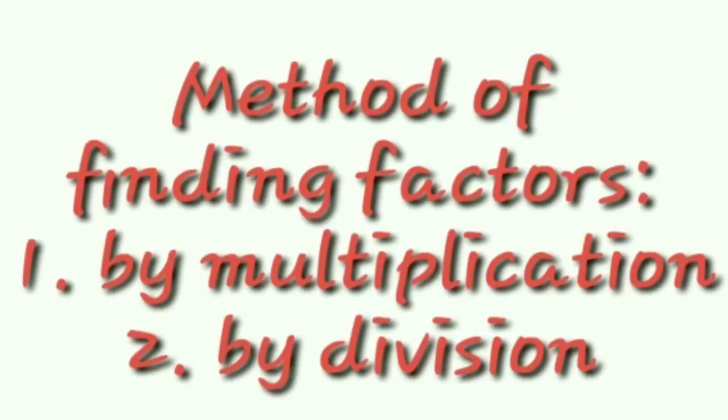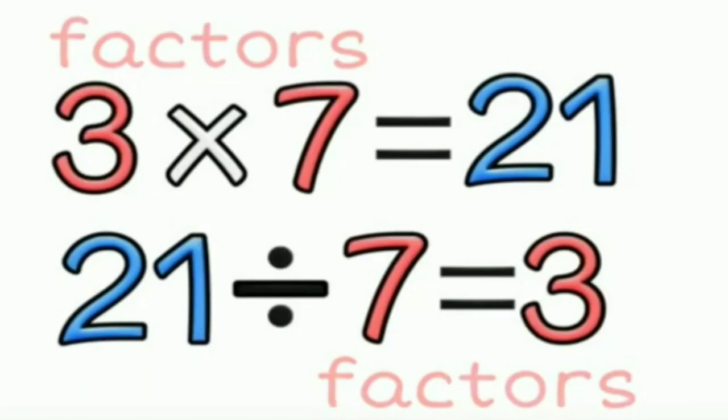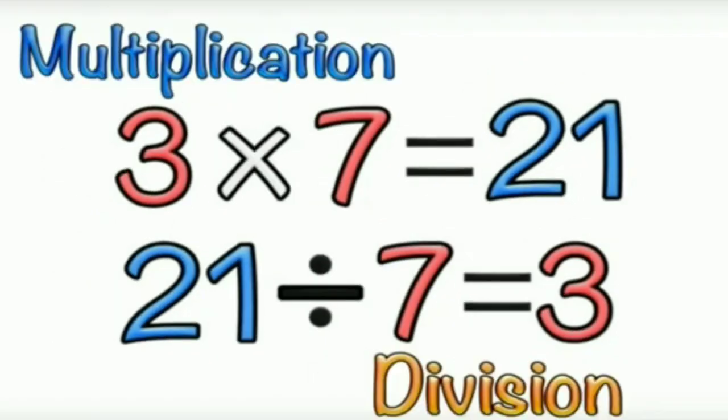After that, we have also learned about the methods of finding factor. Like the definition, we can find the factors in two ways, by multiplication and by division. Like here, I have written 3 into 7 is equals to 21 and 21 divided 7 is equals to 3. So, 7 and 3 are the factors which we have written in form of statement of multiplication as well as in form of division. So, let us talk about them one by one.